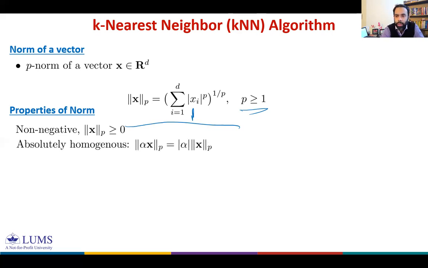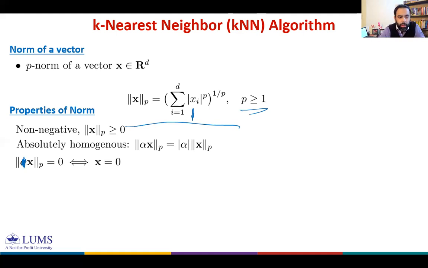The norm should be absolutely homogeneous. It simply means the norm of a scaled vector is equal to the norm of the vector scaled by the magnitude of the scaling factor. So alpha can be negative or positive, but what you get on the right hand side is always positive, so you get the absolute value of alpha. For the third property, this alpha should not be here. This should be only x. Sorry, I will correct this in the notes.